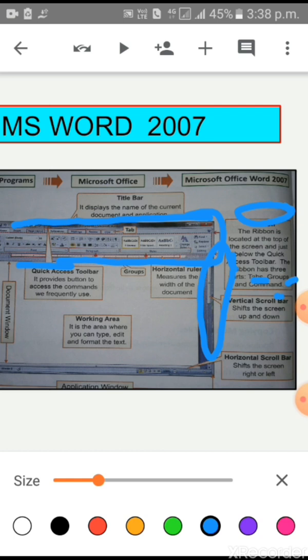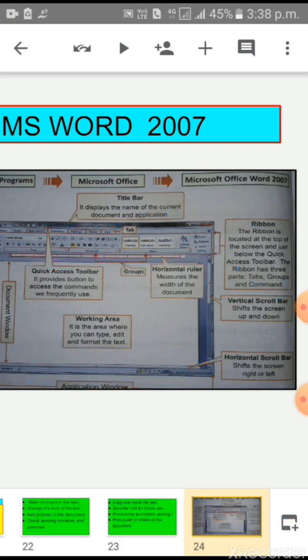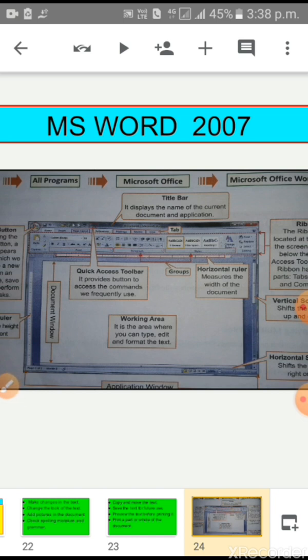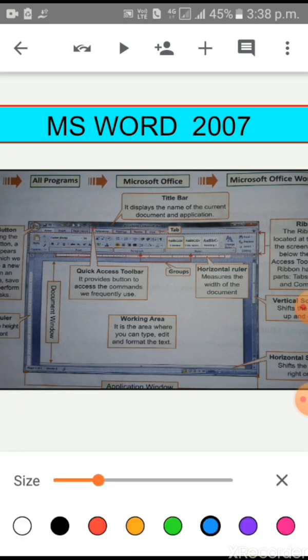And children, this is the vertical scroll bar. It shifts the screen up and down. And this is the horizontal scroll bar. It shifts the screen right or left. Now children, this is the Quick Access toolbar. The Quick Access toolbar provides buttons to access the commands we frequently use.